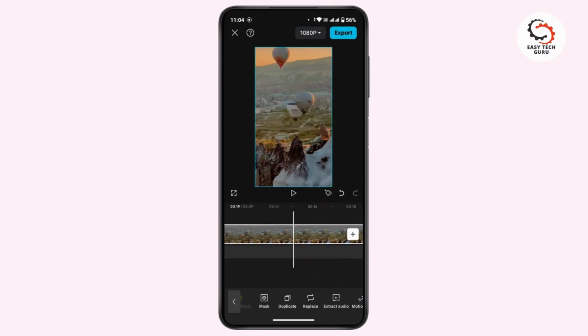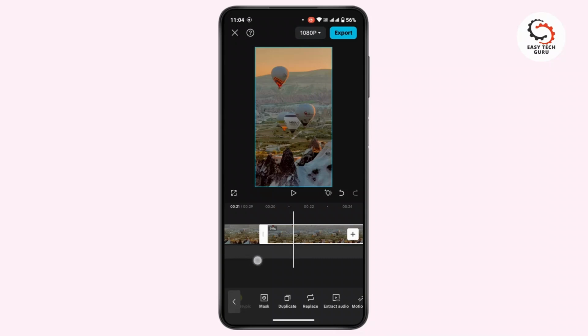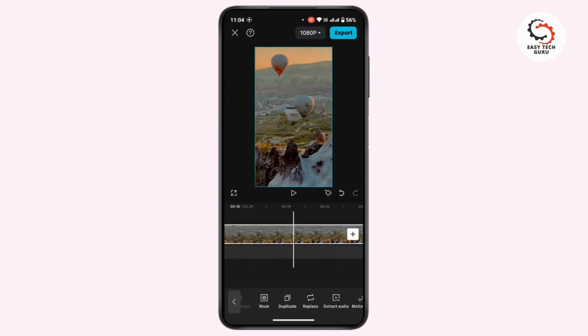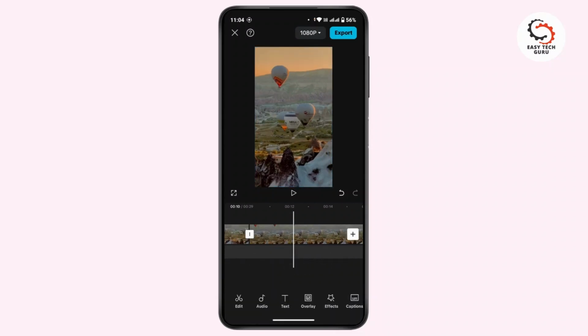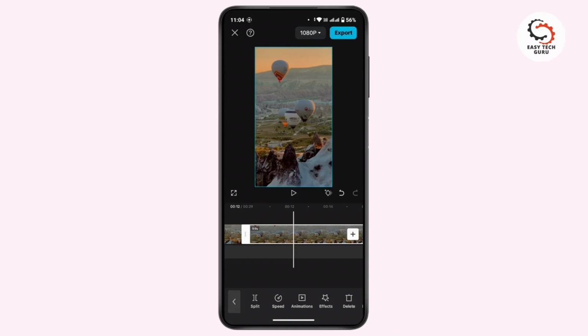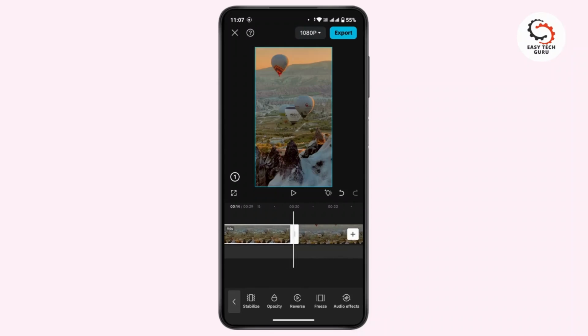Now you will have two duplicate videos. From here, what you have to do is navigate to the one at the middle. Tap on it. Now again navigate to the menu bar at the bottom and swipe the menu bar to your left. From there, you have to search for reverse and then tap on reverse. Now once the reversing process is complete, you will have this reverse video at the middle and the duplicate video